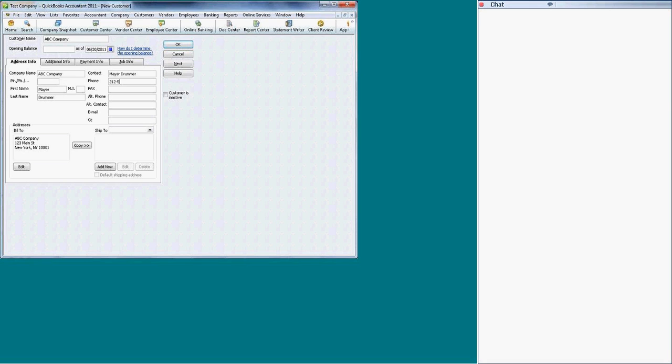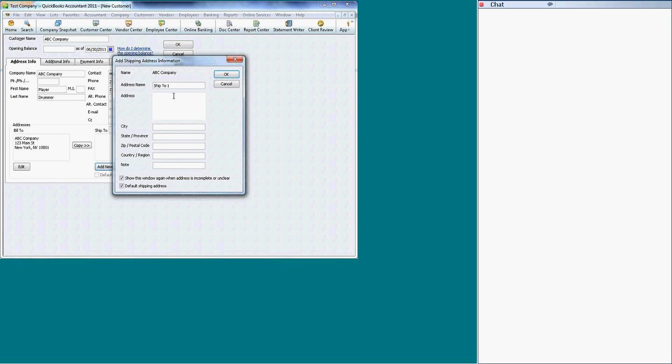You enter a phone number, fax number, and you have alternate contact, email, and CC. I want to add a ship to. This is going to be a store number. So let's say store number or without store number. And the address is